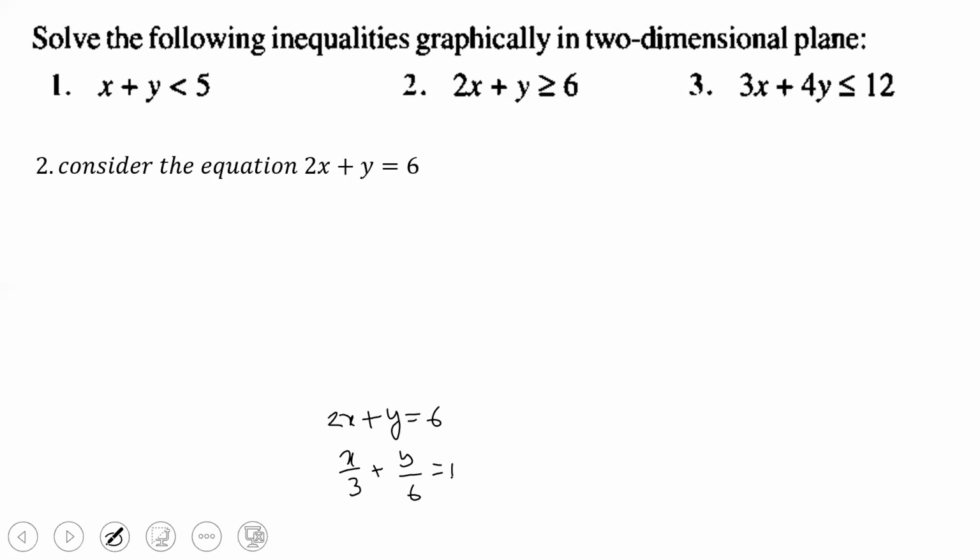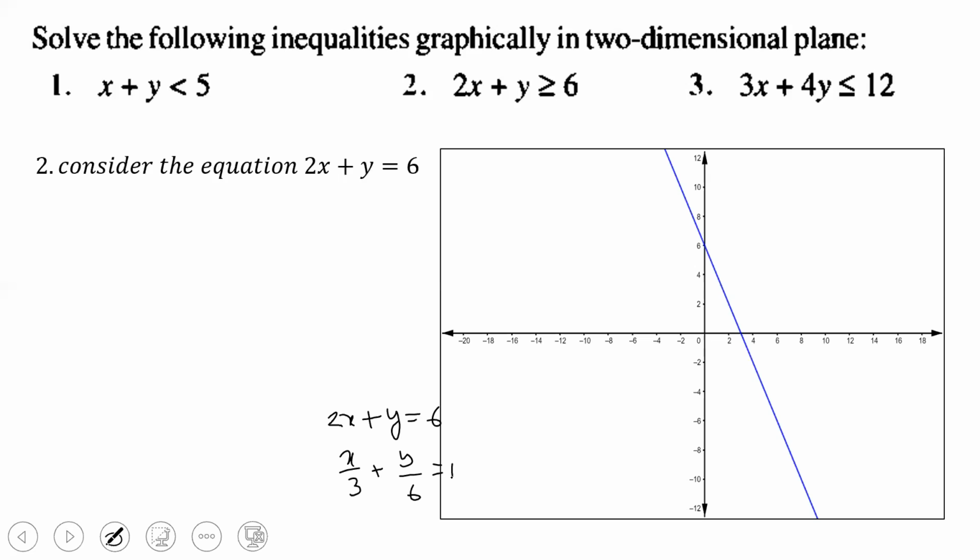Okay, now if we draw this line into this two-dimensional plane, it will look like that. That means it will cut the y-axis at (0, 6) and cut the x-axis at (3, 0). Clear? Now again same thing, just put this origin, that is (0, 0), in this inequality, that is 2x plus y